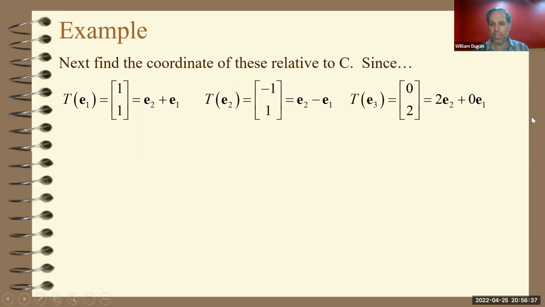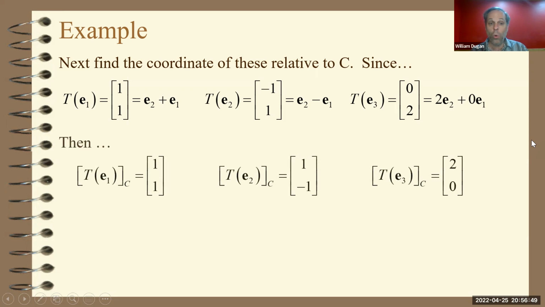And T of E3 is 0, 2. And that is 2 times E2 plus 0, E1. The order here matters because we have to get coordinates relative to the basis, and the order of the vectors in the basis matters. So the coordinates then are the coordinates of T of E1 relative to C is